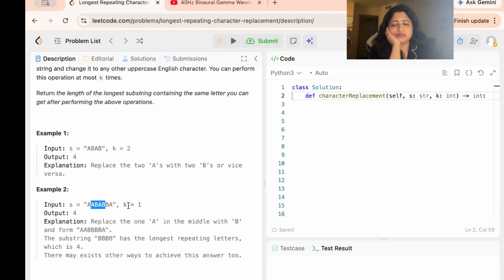So the maximum number of elements that you can replace is 1. If you look at it now, you can say that this is not a valid window, because if you replace A with B, you can only replace one A, right? So even then you will not get all B's in this substring. And if you replace one B with A, you will not get all A's. So this is not a valid window again. So your left will shrink again, and then you will